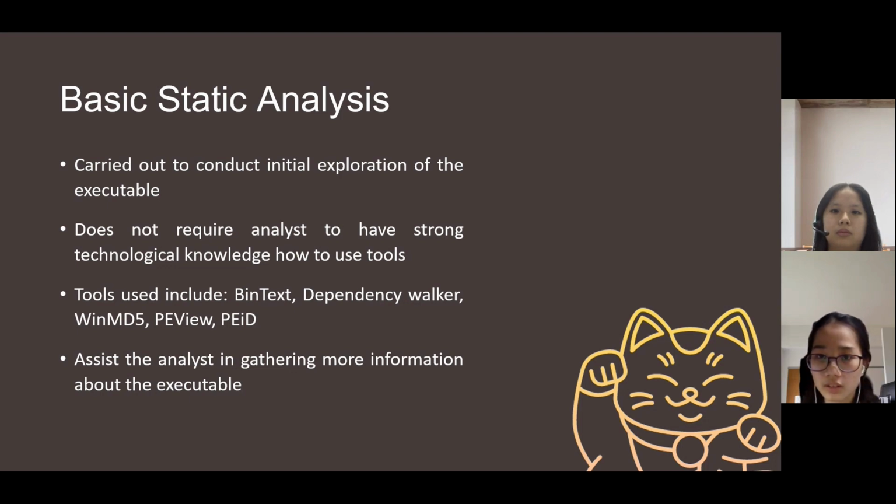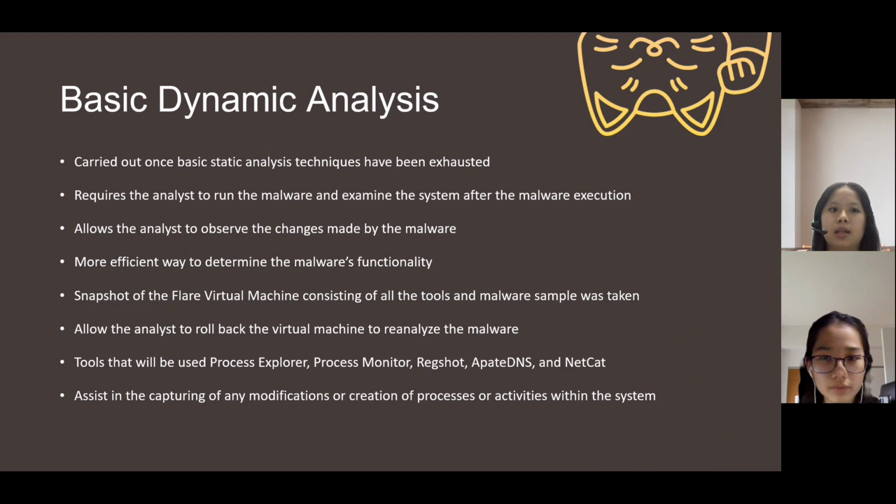So moving on next. For the basic dynamic analysis, this is usually carried out once the basic static analysis technique has been exhausted. It requires the analyst to execute the malware and examine the system after the malware execution. It allows the analyst to observe the changes being made by the malware and is more efficient in determining the